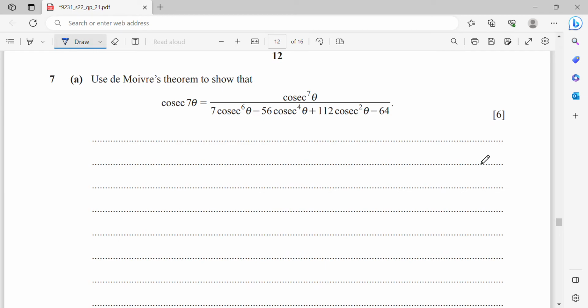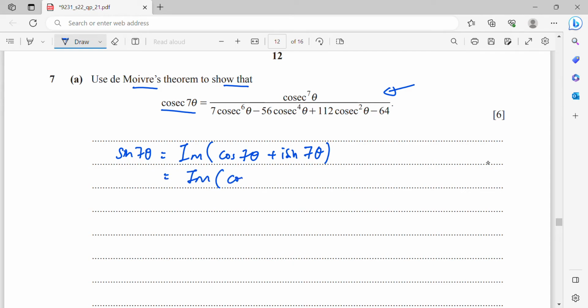Okay, now question 7a. Use the De Moivre's theorem to show cosec 7 theta equals to this expression. So we know that cosec is 1 over sine. Alright, so I will start with sine 7 theta. So sine 7 theta is the imaginary part of cos 7 theta plus I sine 7 theta. So according to De Moivre's theorem, this is same as cos theta plus I sine theta to the power of